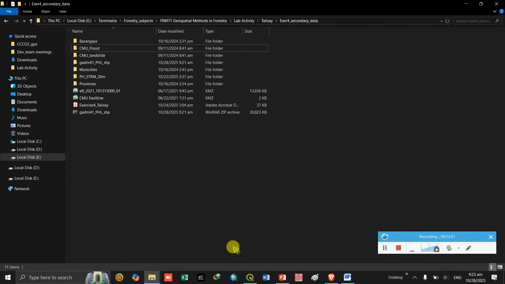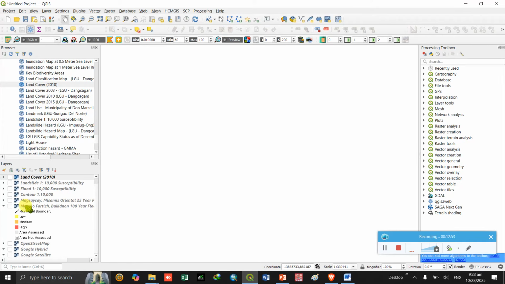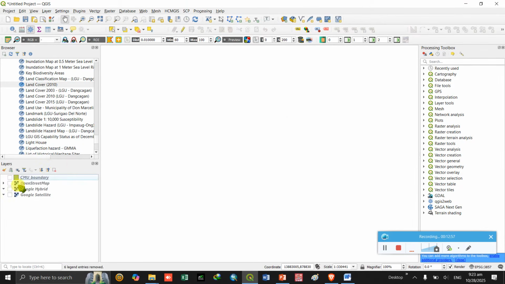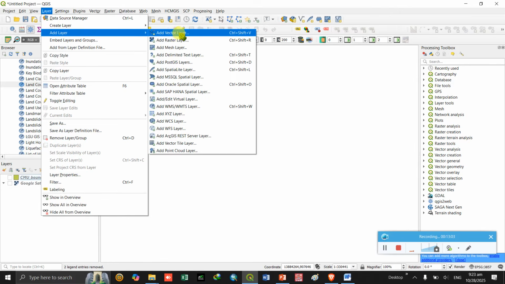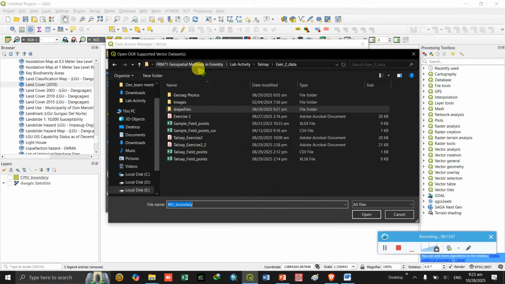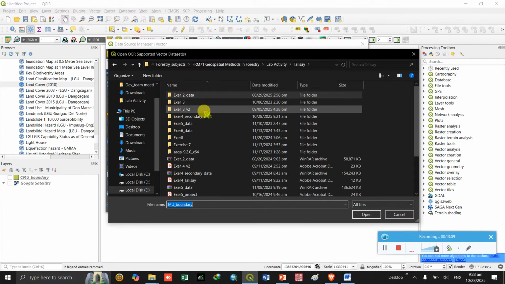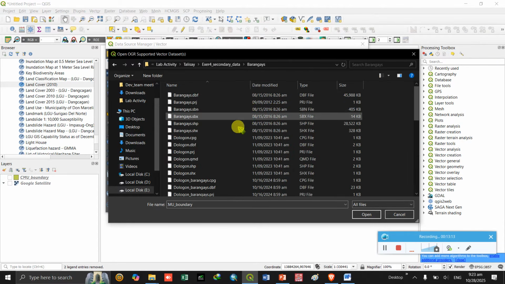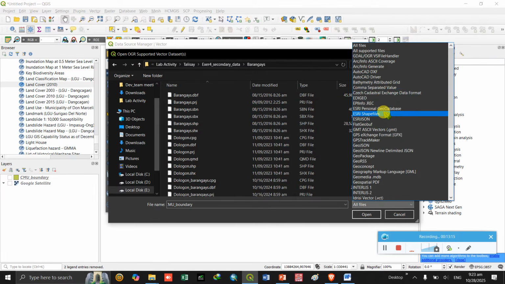So to display some of the data, I just need to remove this one. Okay, so we will add the different admin layers coming from the exercise board. So first, barangay, just need to set the shapefile.